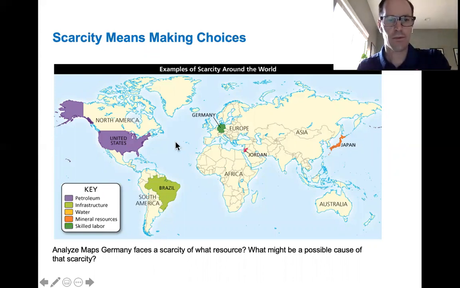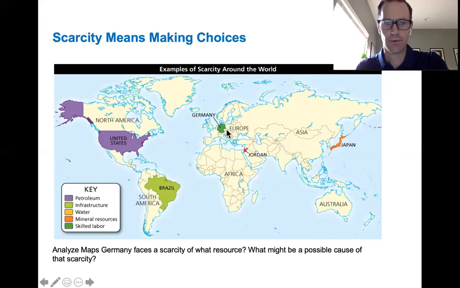Here we have a global perspective, various nations. Now, all nations face scarcity of some type. We're just looking at a few here, but we notice that the United States has a shortage of petroleum. So where do we go? Most often people say, well, we go over here to Saudi Arabia and get the fuel from them. Now, Saudi Arabia, what do they have a shortage of? Probably grain and other food items. So we engage in exchange. That's for a later lesson, but right now we're just looking at scarcity.